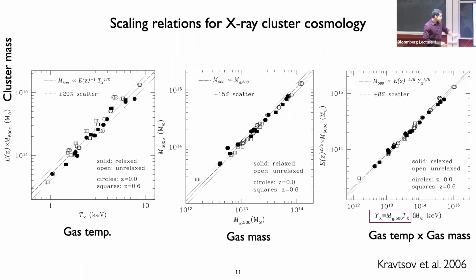of clusters. You can see that this relation has a lot of scatter. There had also been cases where the gas mass was calibrated, which has a lower scatter. But this study pointed out that if you do a very simple thing, just multiply these two together, the gas temperature times the gas mass, that actually gives the best relation. Also not shown in this plot is that it has a better scaling to high redshifts as compared to the other two relations. So there could be examples like these where we are just missing things because we have looked at two-dimensional plots.